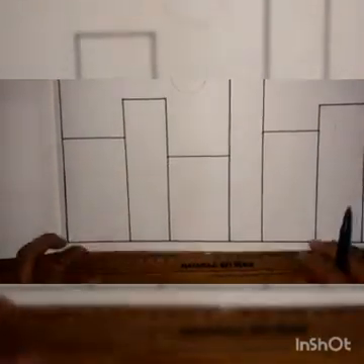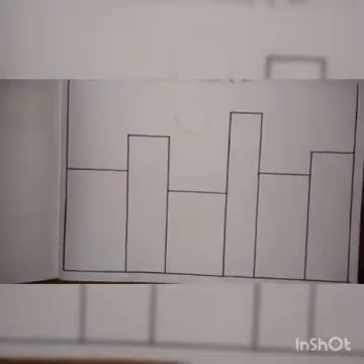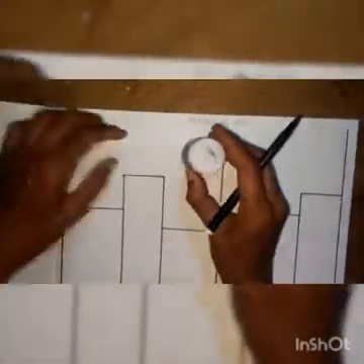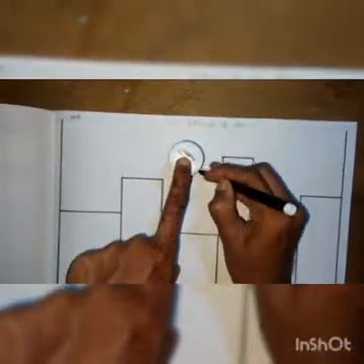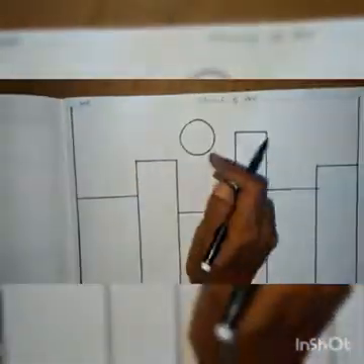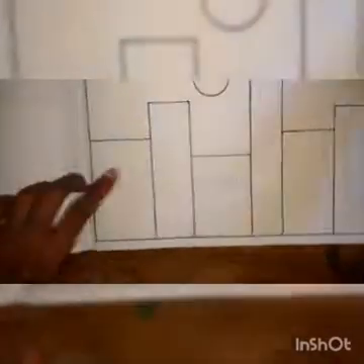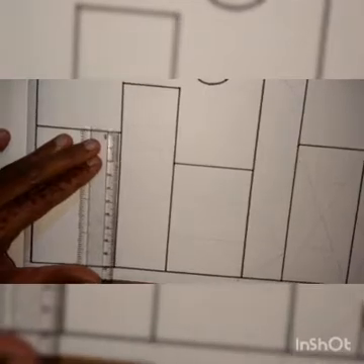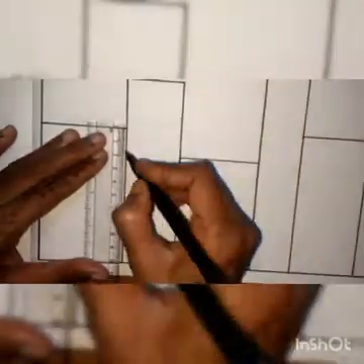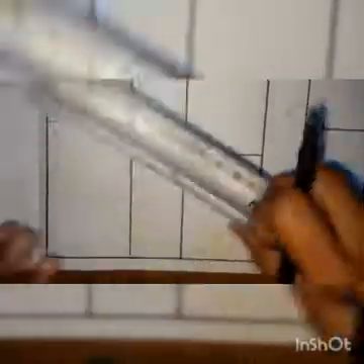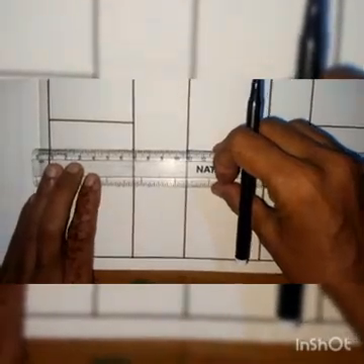Okay, children. Next, after this is over, you have to take a coin or any small circle-shaped thing you have, and draw one circle here like this. You should draw a circle. Next, inside this you have to draw lines. How should you draw the lines? See, children, from here to here you should leave 2 centimeter, 2 centimeter, then 1.5 centimeter you should leave. Next, draw a sleeping line here like this, children.